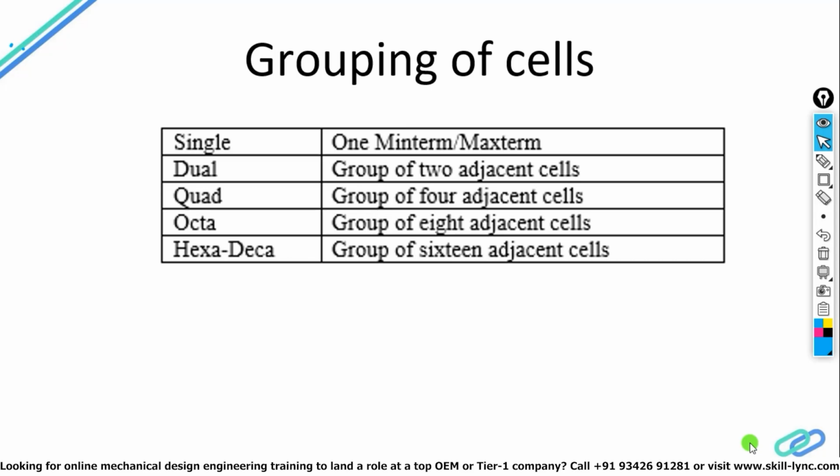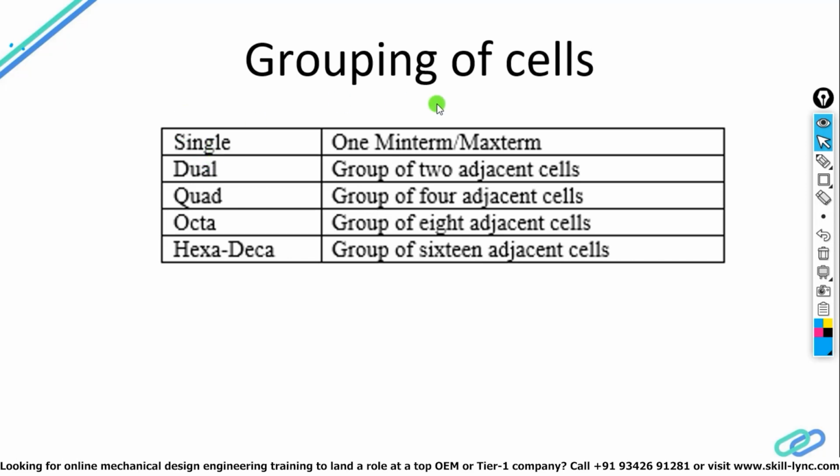The very first thing is you can make a group of 2 to the power 2, means 4, 8, 16, 32 and so on. You can also make a pair of a single one, meaning you can write an expression for a single variable, but you cannot make a pair of 3 variables, 5 variables, 7 variables, etc. A single pair means when a single min term or max term is there.